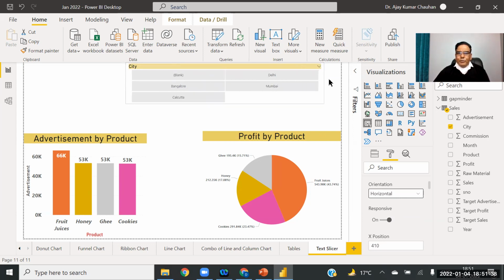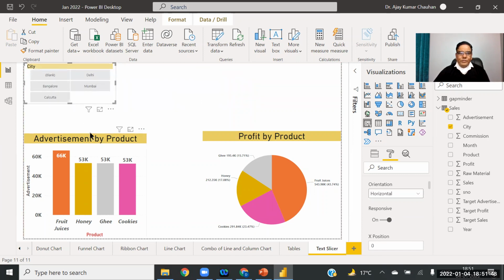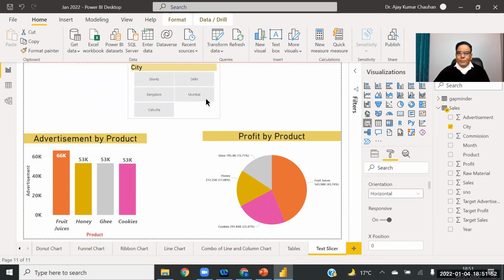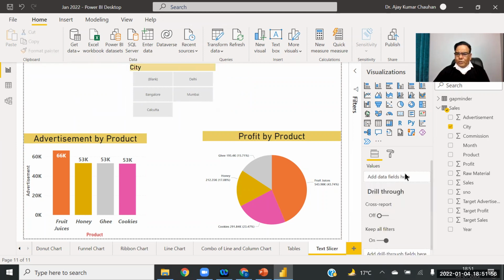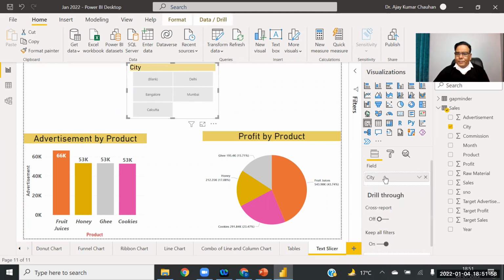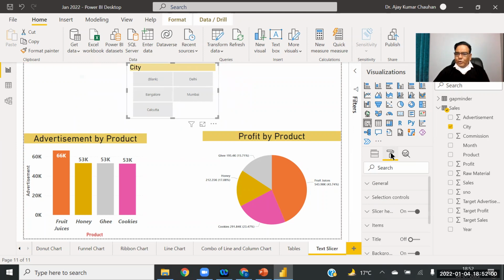And so you can increase it, decrease it. So now you have it in the button format. Slicers in the button format, which is adopted by most of the professionals. And now we can take any position whichever you want. So now a little more changes. Format, this is a format option. First of all, I want to title